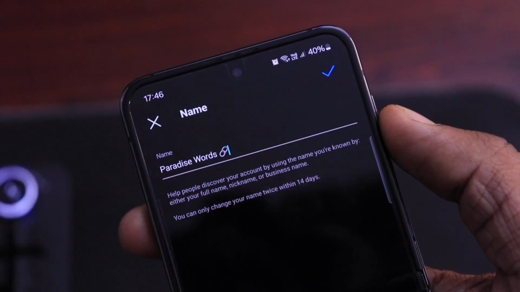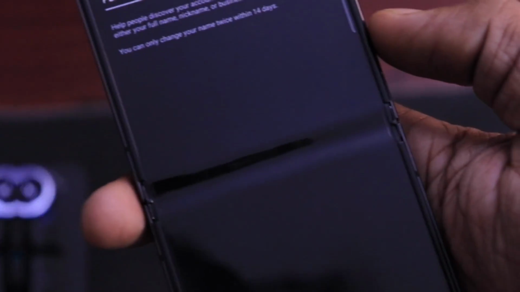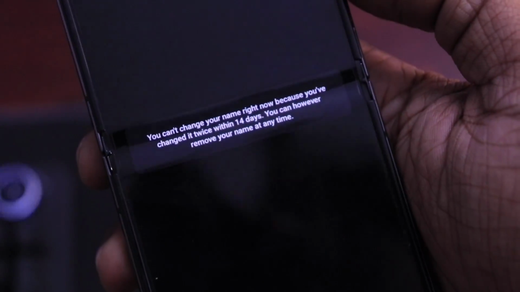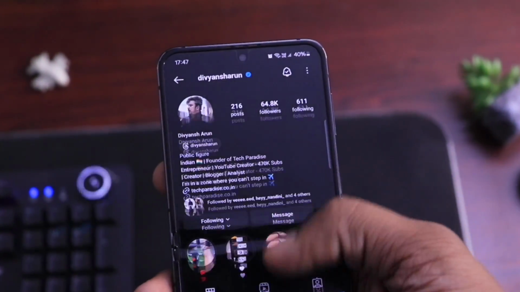So the case is that you have changed your Instagram account's name twice accidentally and now you're unable to change it as per Instagram's guidelines. But there's a way by which you can still change your account name,